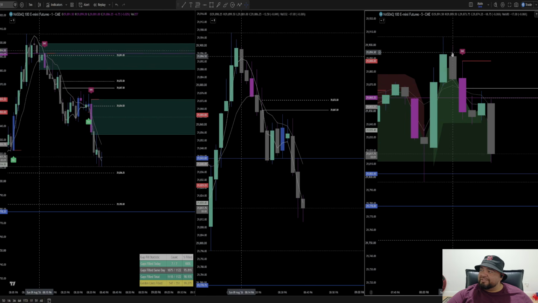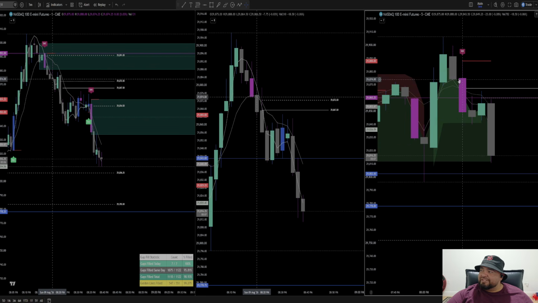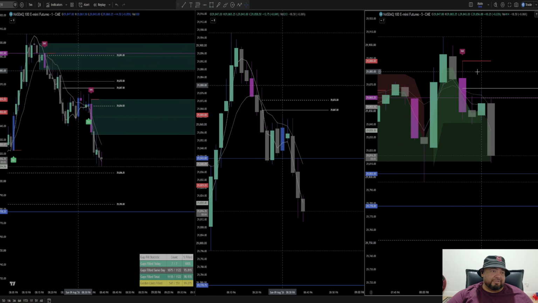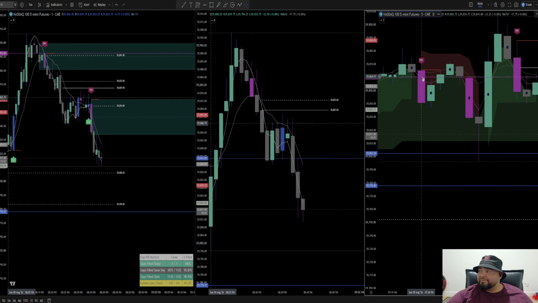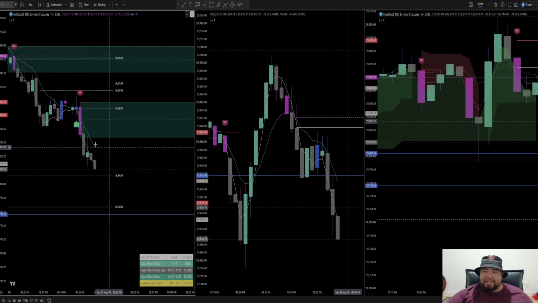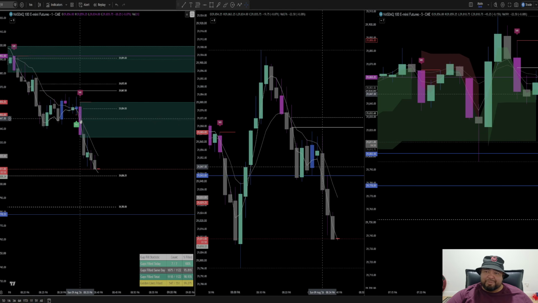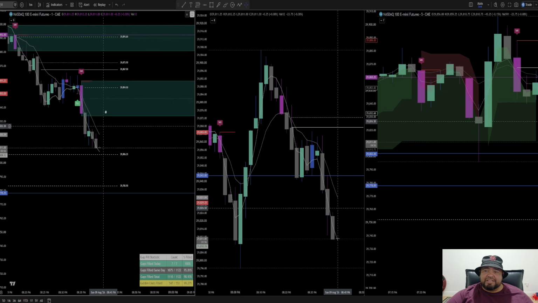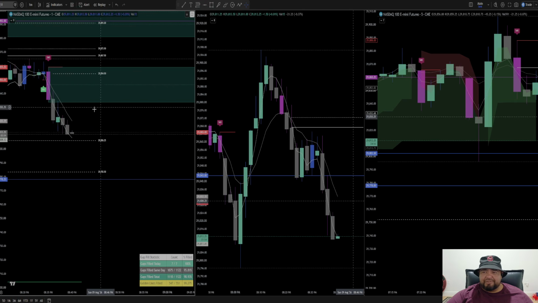Then this one, right? You see the size of this candle relative to that one, they're pretty close. That's what I like to see. I don't like to see an impulse candle. Same thing on any time frame. I hate to see impulse. This one's kind of an impulse, right? The 1 minute was kind of dangerous, but when I have it like with the when I have this is